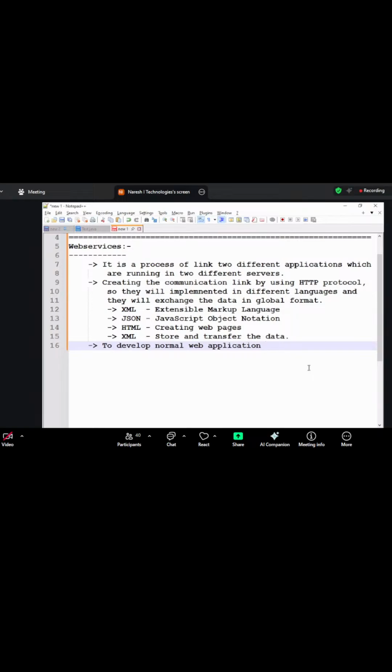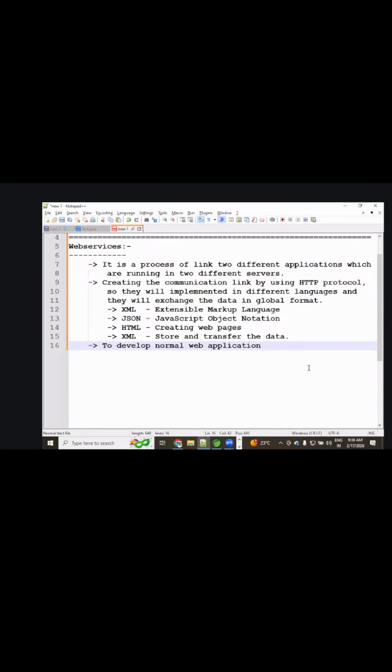To develop a normal web application, we generally have to use three layers. A three-layer design is required.